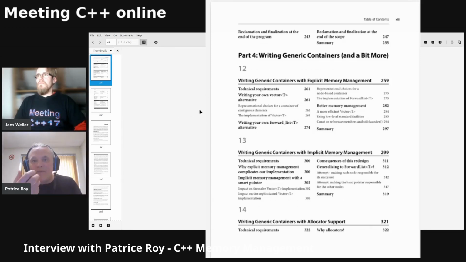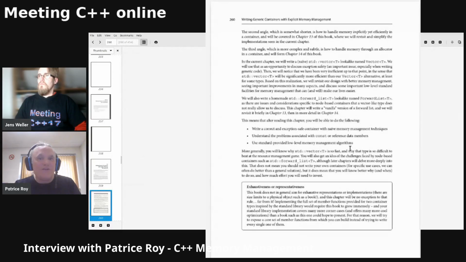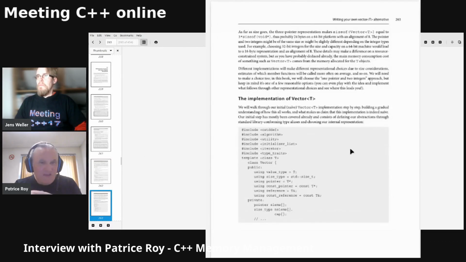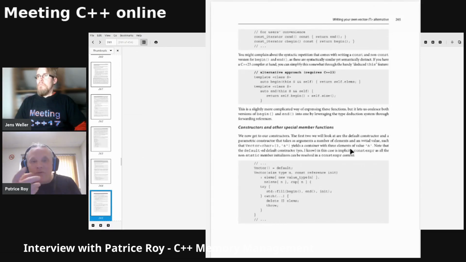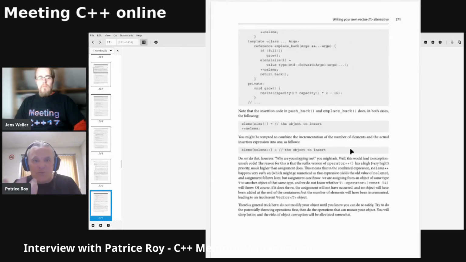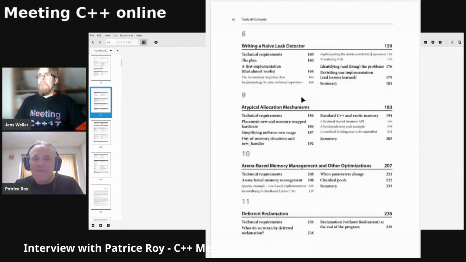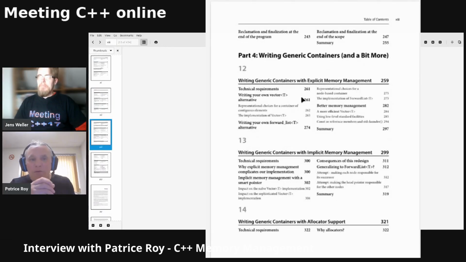My understanding is that when you go to school and try to learn writing stuff, you can write a correct container that works fine for, let's say, integers or floats and doubles. It's going to be efficient enough. When you want to manage objects that are non-trivial, with destructors and constructors that do work, if you measure the speed of your naive code and compare it with the standard vector, you're going to see that the standard vector is crazy fast because it has very tight control over memory management and when things are created and destroyed.